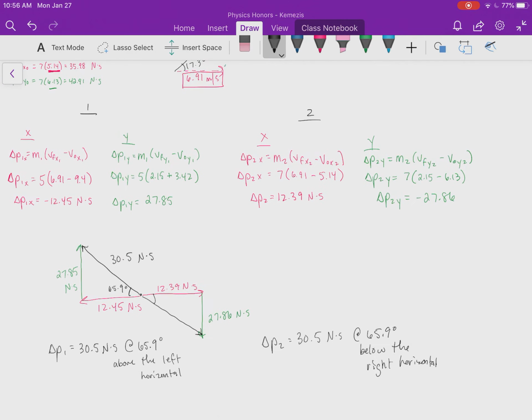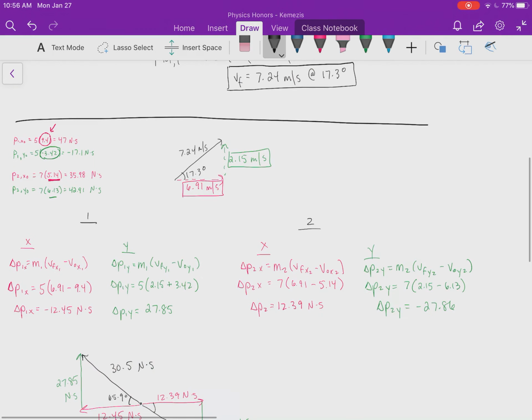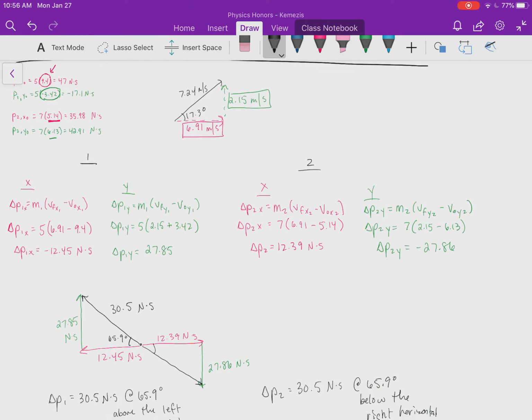Okay, and that's going to be true on our impulses, so you don't have to calculate both. Again, you can use it as a check, but if everything else is good, and you feel confident and you have checked over your other work, then your impulses are going to be equal and opposite, meaning